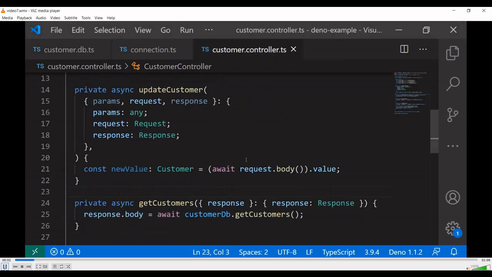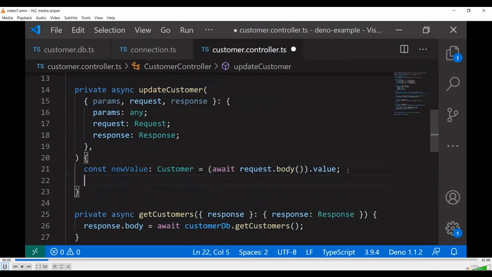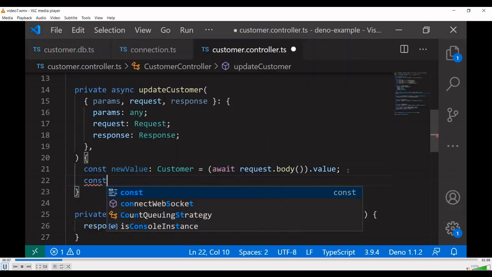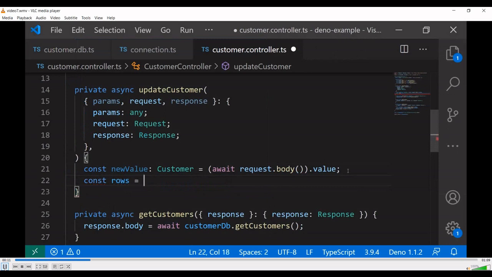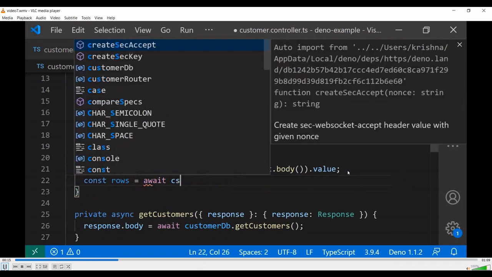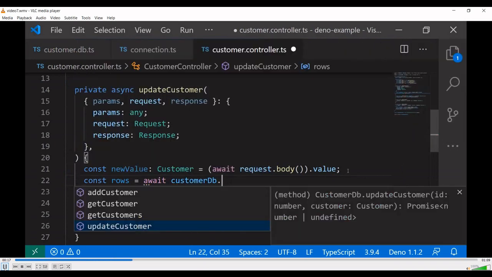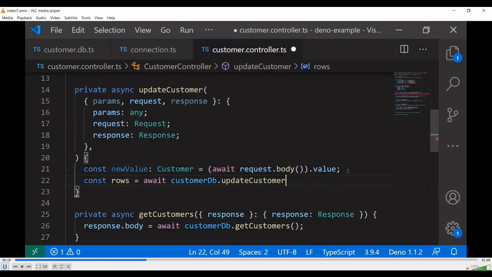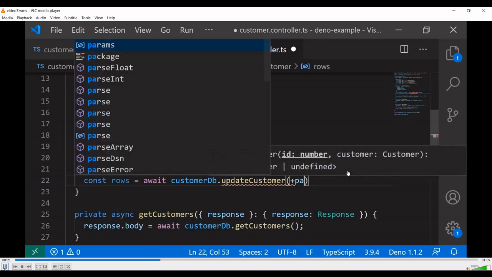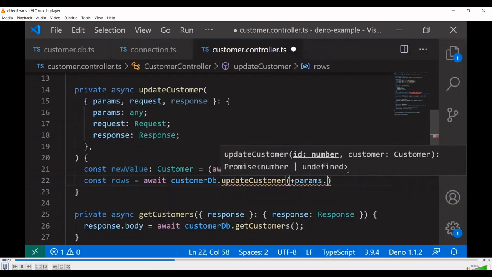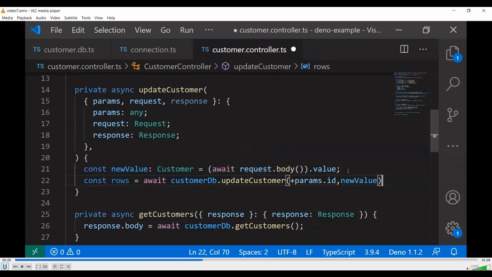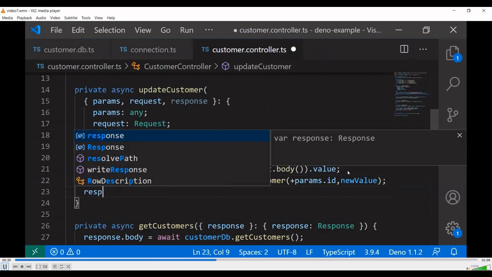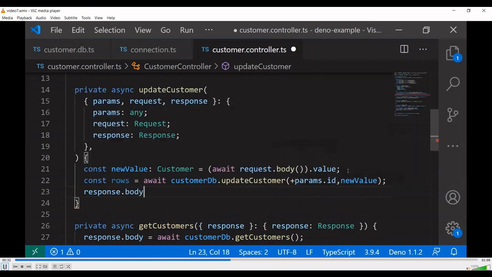Next, we can include both the methods in the customer controller. Rows equal to await customer DB dot update, params.id and the new value. We can show how many rows have been updated.